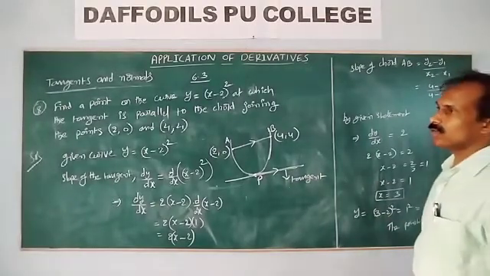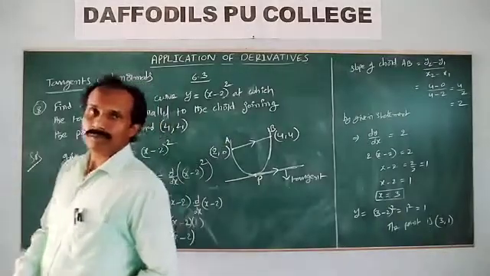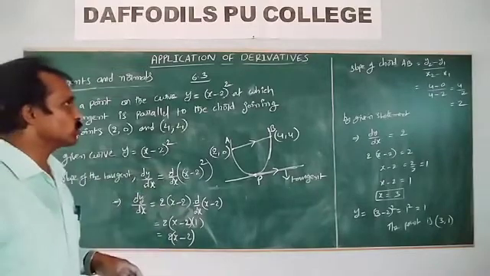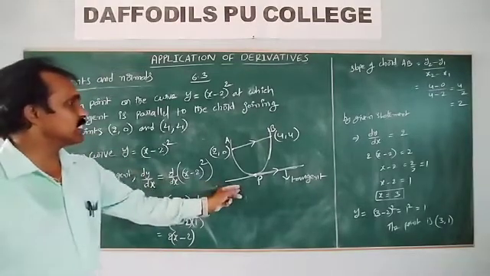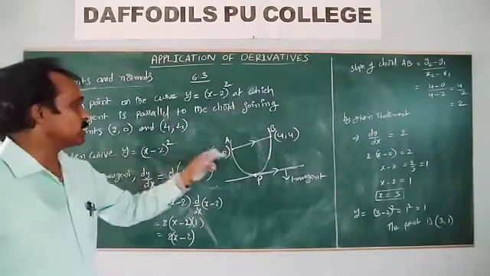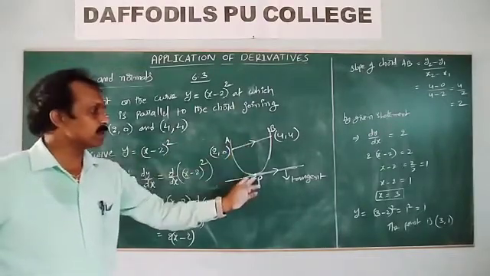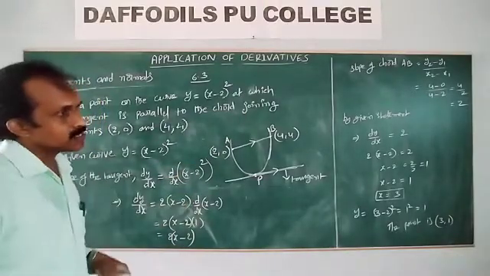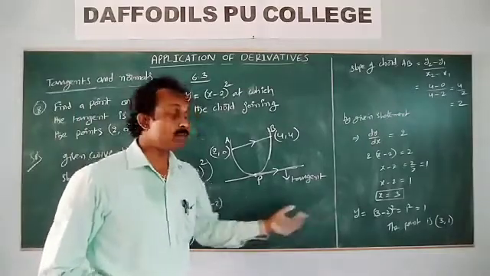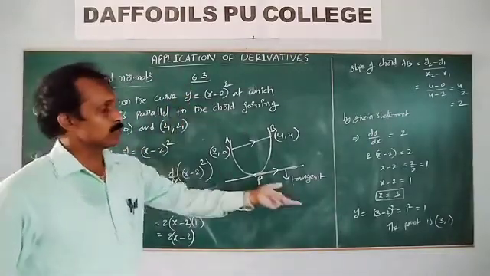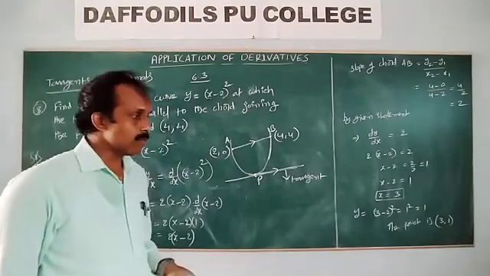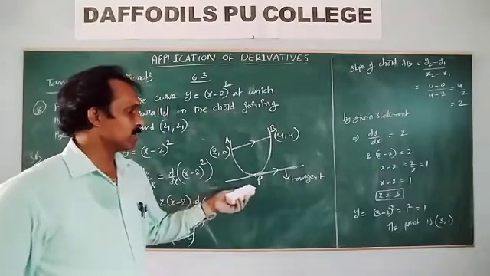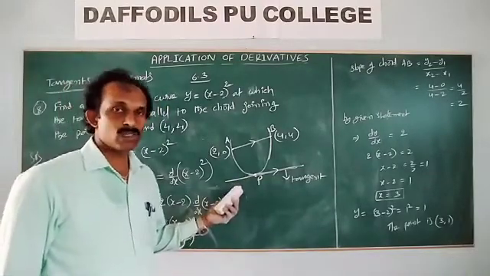So we find it by the given condition. First of all, find the point on the curve y is equal to (x minus 2) whole square at which this tangent is parallel to the chord joining the two points. The tangent is parallel to the chord, so the slope of this tangent is equal to the slope of this chord. Apply the condition and find the x value. Afterwards, substitute the x value in the curve to get the y value. The point is (3, 1), at which the tangent to the curve is parallel to the chord.